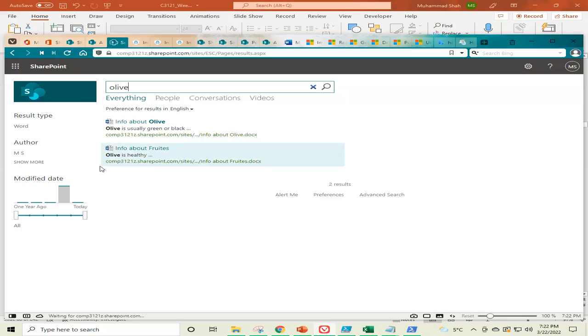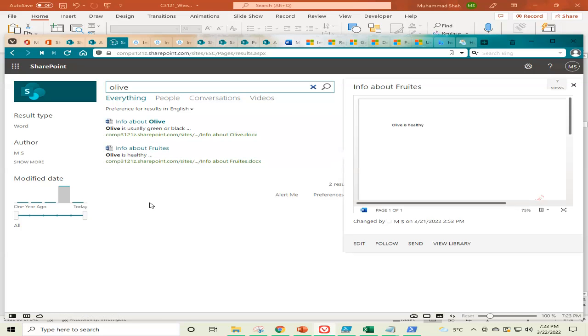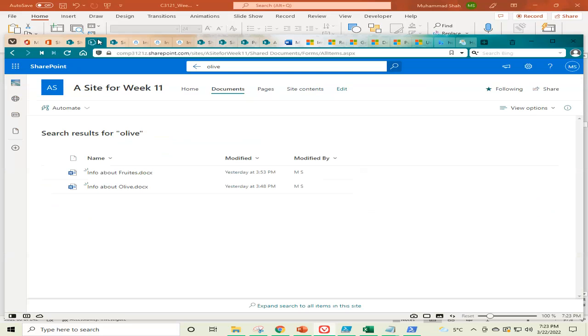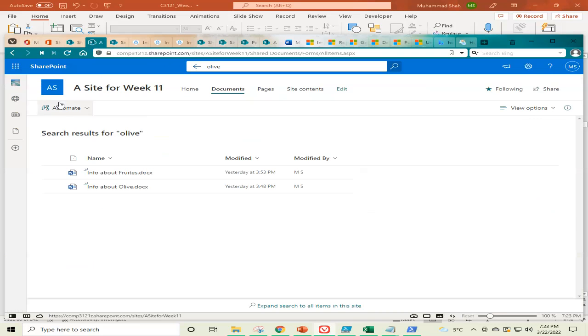Okay, but there is another informative thing that I have. We have studied actually into the settings, but we have not used those settings at that time. That is, if some information is in the web parts, how we can get those. For that, we can set the settings also. We have set already, and then if we go to our site, I will show you that there is a web part. Sorry, if we go to the home page,